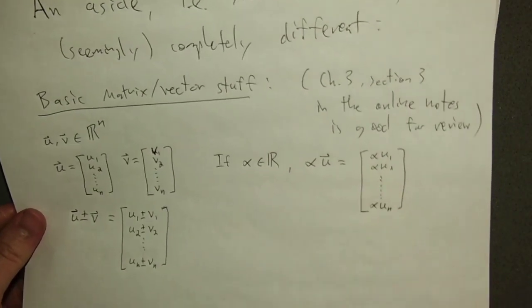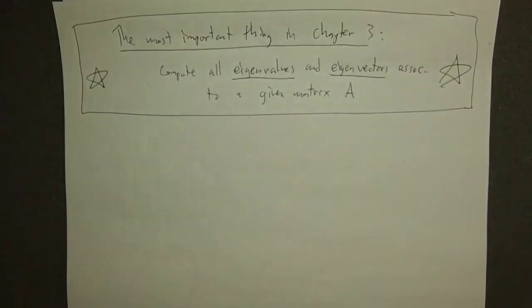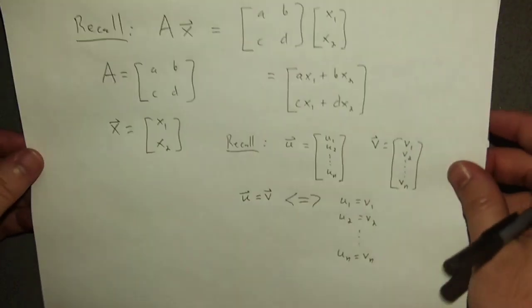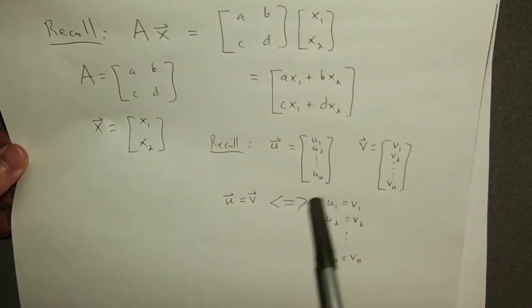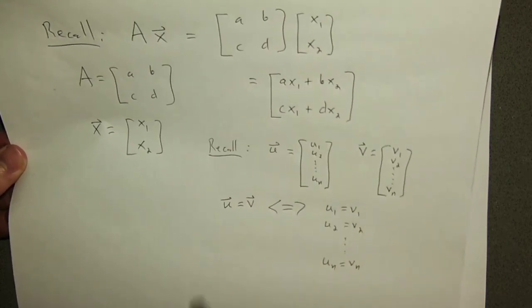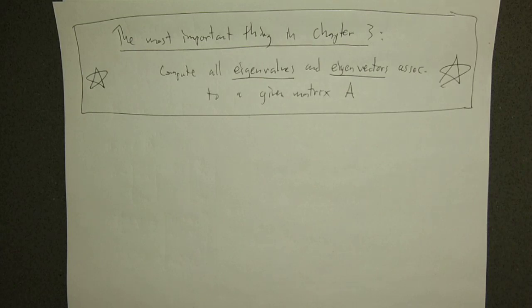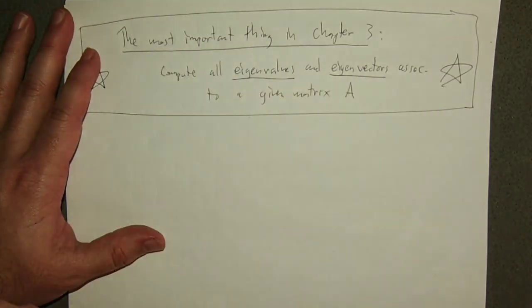You just multiply every single entry by that constant and you're good to go. But if you take a matrix and multiply it by a vector, it's not really super complicated, but it's more complicated than just multiplying by a single constant. Okay, so it turns out that it is of particular interest to us when multiplying by a matrix behaves like multiplying by a constant. And so, the definition